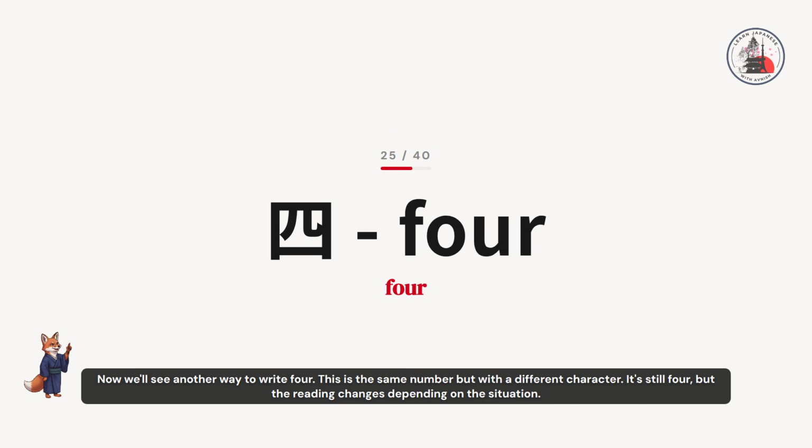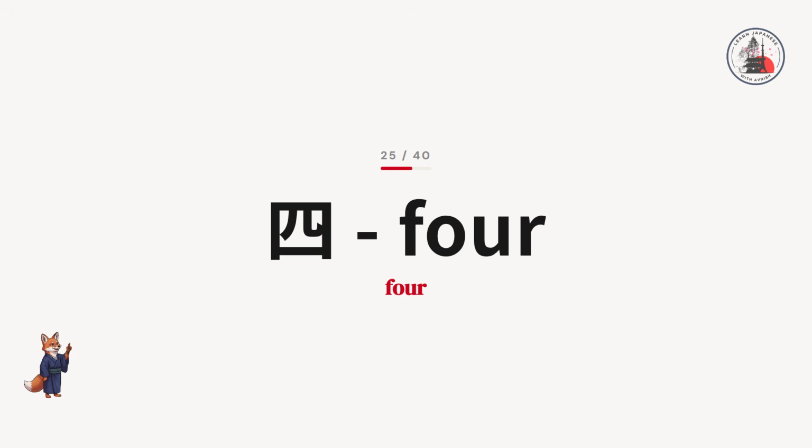Now we'll see another way to write 4. This is the same number but with a different character. It's still 4, but the reading changes depending on the situation. し、4。